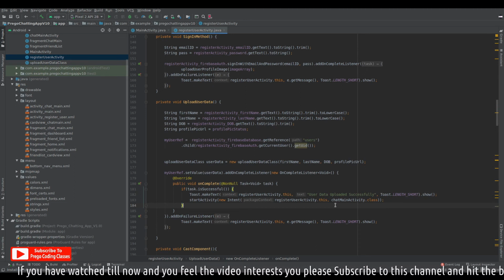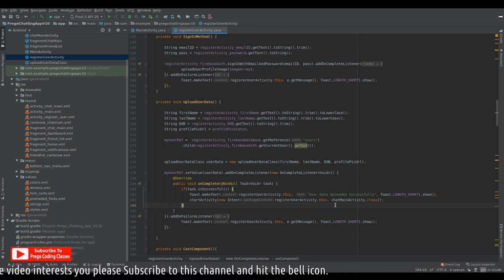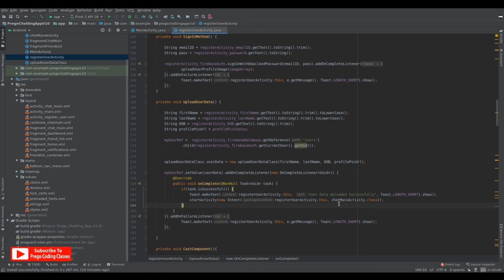But when the user is registering, we won't redirect the user to the chat main activity. After registering, we want the user to go back to login. Let the user log in again, because it might happen that the user forgets his password or whatnot. But I like it this way. I like it that the user registers and logs in again. Let the user work out a bit. So RegisterUserActivity to login, or the main activity. So we'll finish this register user activity because we don't need it again. So that's it, that's what we need to do, and let's fire this up and see how it works.